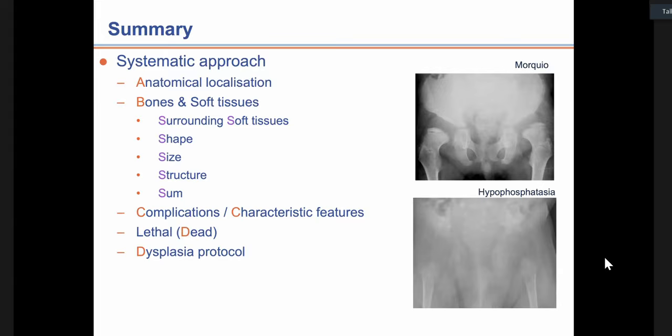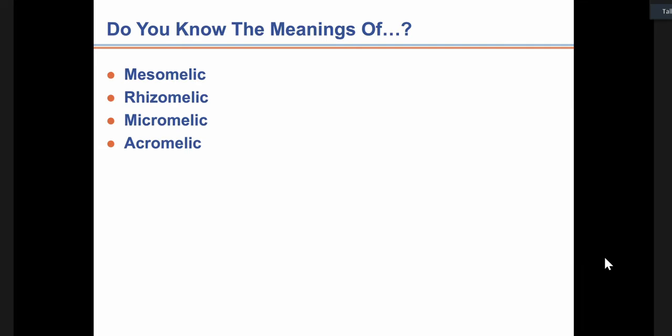And then we looked at how conditions in the same group, the same gene, might be lethal or non-lethal, which is what the other D was for. And here I'm showing you Morquio again, and then just the radiograph of hypophosphatasia. Don't miss that diagnosis because we can keep that child alive through enzyme replacement therapy. So back to those,